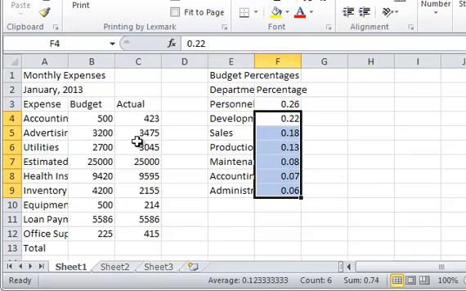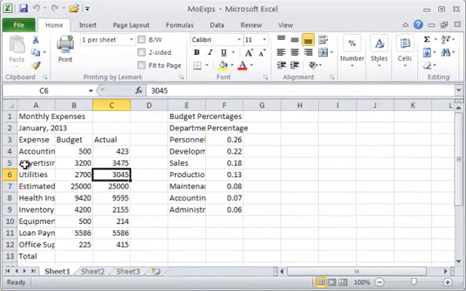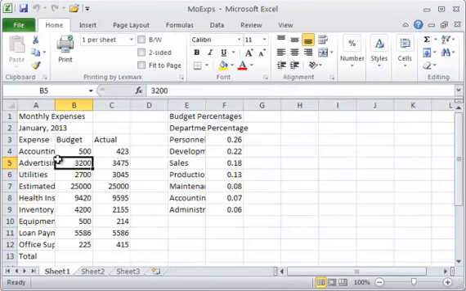If you wanted to select an entire column, like column C, if you lay your mouse on C, it changes to a black arrow pointing downward, and then you can click, and that highlights the entire column. Same thing with a row. If you want to highlight the entire row, you just lay your mouse on the number. It'll select the entire row over as many columns as there are in the worksheet. If you want to highlight more than one, you just click and drag, and that highlights more than one column,